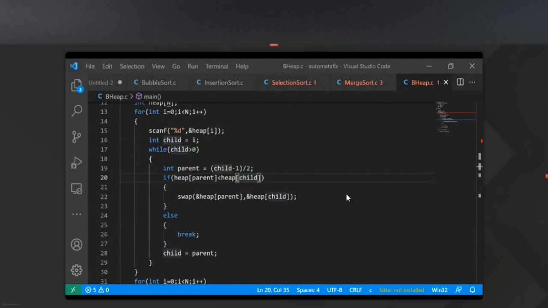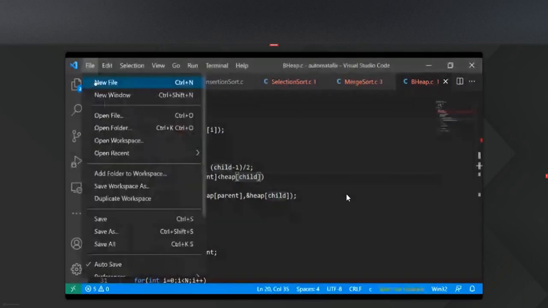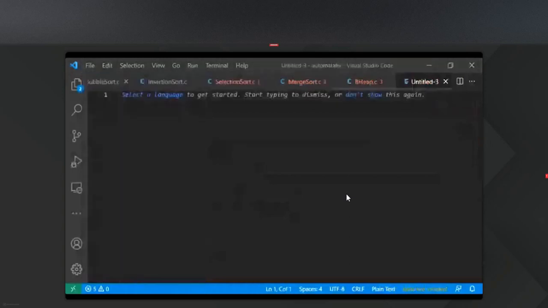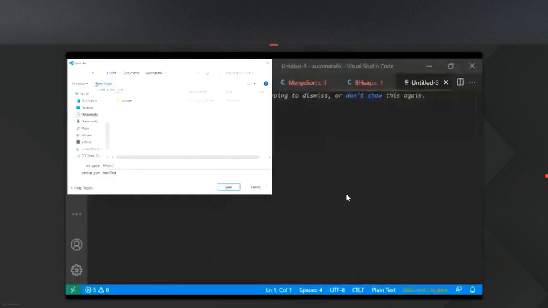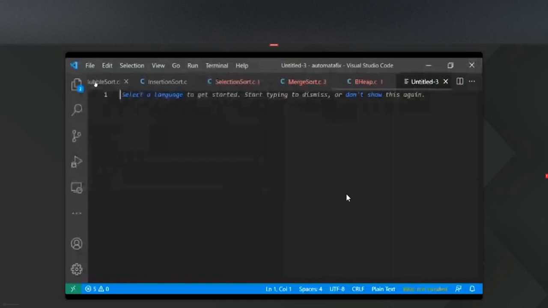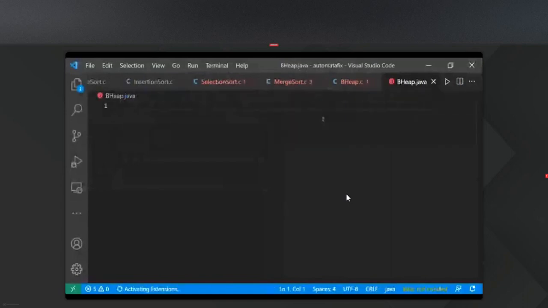Okay, so now I'll take the same code and convert it into Java and show you. I'll create a new file. Let that new file be bheap.java. And coming to this bheap.java, first thing is